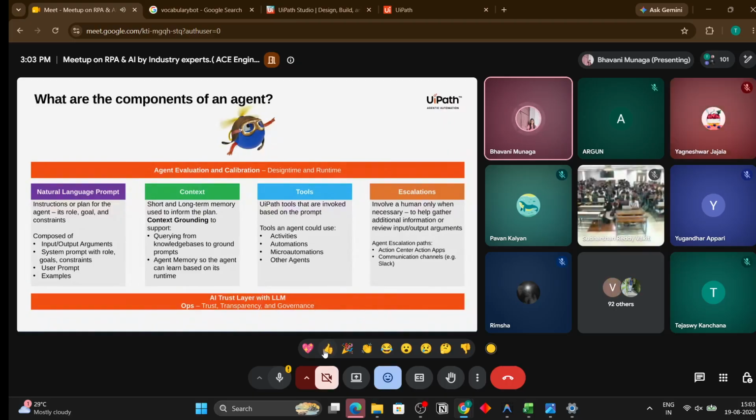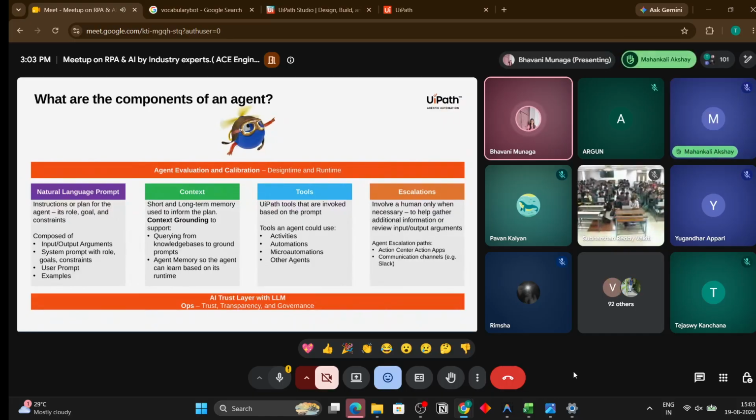The context is needed because the agent can hallucinate and give output related to other things. Suppose I want output related to my organization only. Like Metro, we have Accenture, Infosys, and Capgemini, but I want the agent to answer with respect to Metro itself. So I have to feed the agent the context of the Metro files, so that it can give answers related to Metro only. That is where the context comes into the picture. You can provide your files, your Excels, and your documents to the agent.